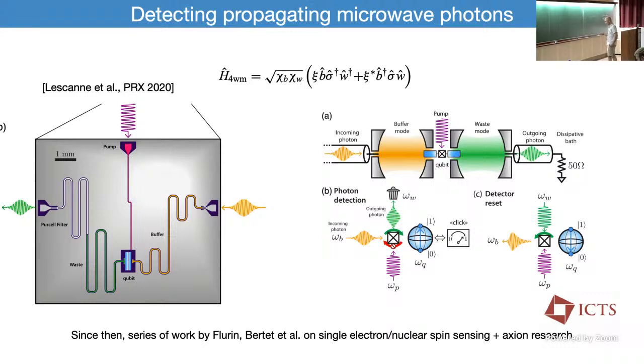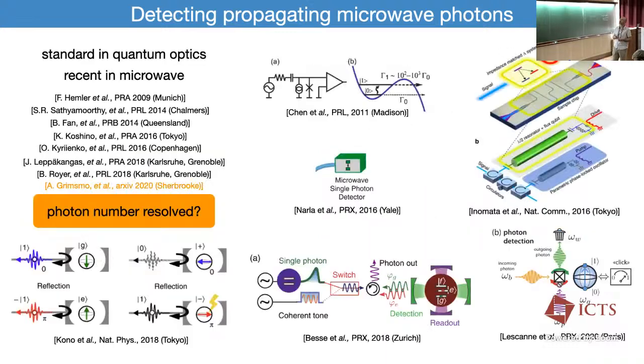Another experiment I'd like to discuss is one where we can photocount. So not only photodetect but photocount. We can count the number of photons in a propagating mode. There's been a proposal in Sherbrooke, but I'm going to show you our experiment, which is not based on the proposal. This time we again have to know the shape of the mode we want to photocount,